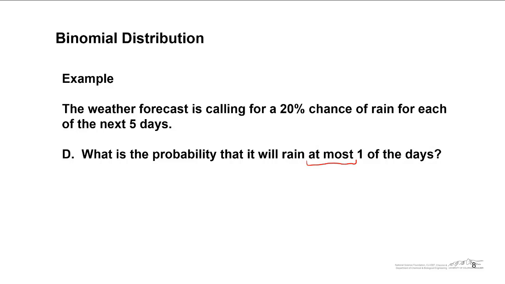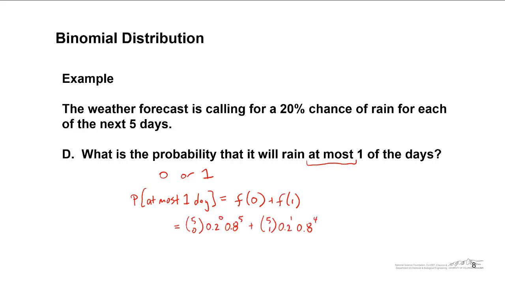At most means it's going to rain 0 or 1 days. This probability, at most 1 day, is really the sum of the probability that it's going to rain none of the days plus the probability that it's going to rain one of the days. And we can plug both of those into the binomial distribution. And when you calculate this, you would get